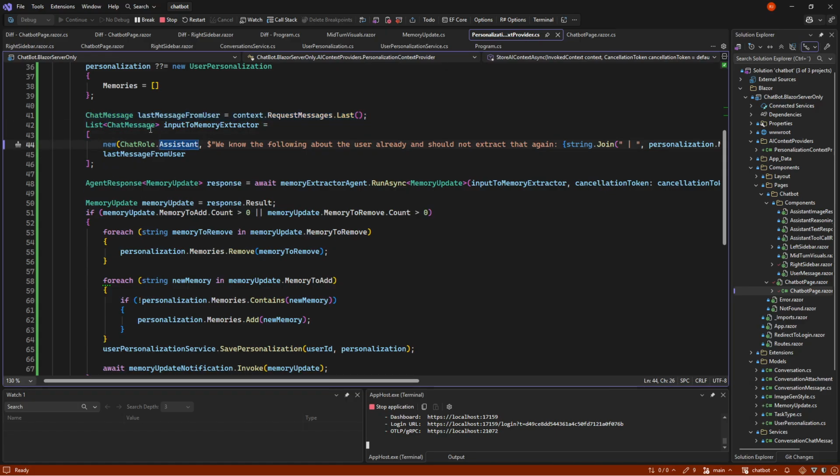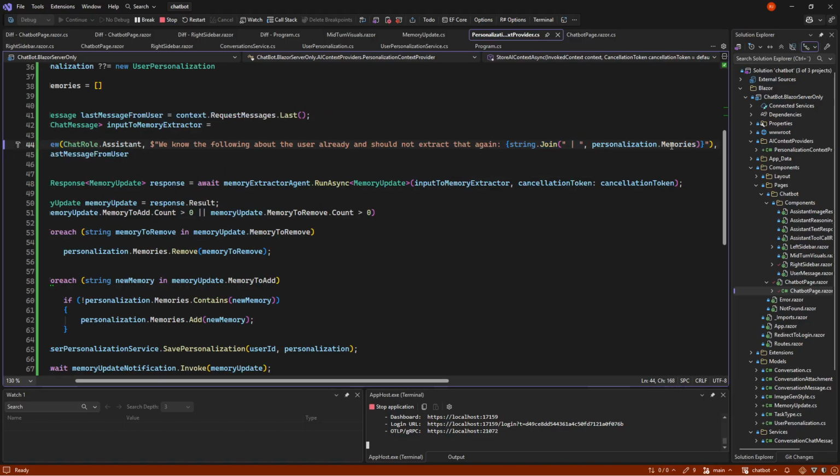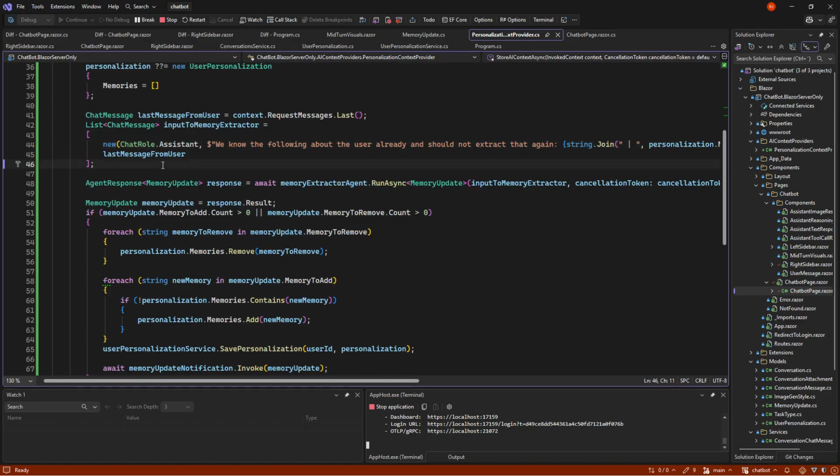It then makes a little input for the memory extractor, saying you know the following about the user already, and we give it all the memories. So we tell it, this is what we already know about the user.